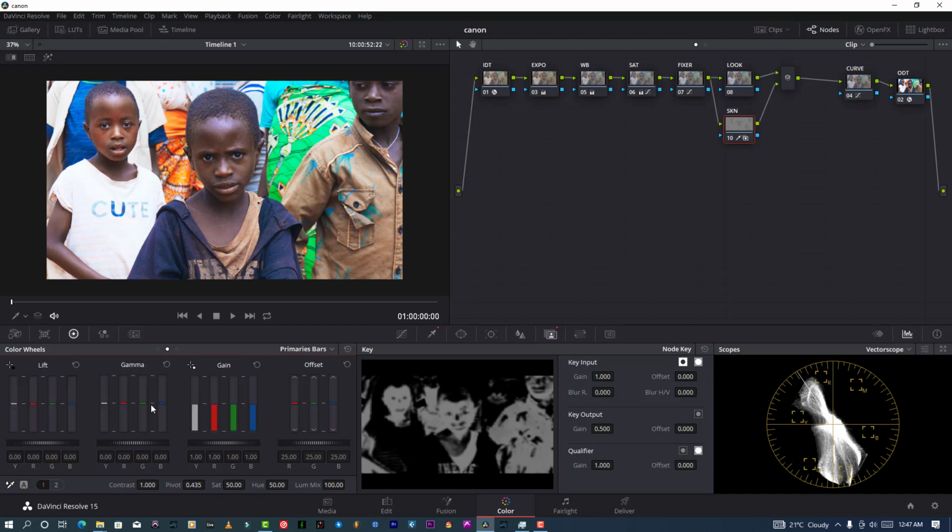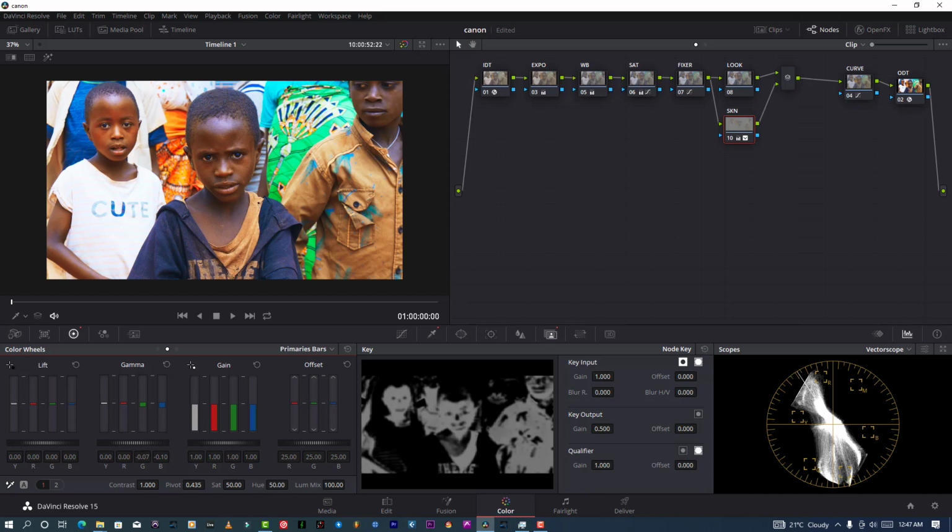So in here we're going to bring down our gamma until we see some of our yellowish in the skin, and we focus on the vectorscope. You see we have a yellowish, and then we bring down our greenish until we get to where we want it to be. So I'm going to bring down my